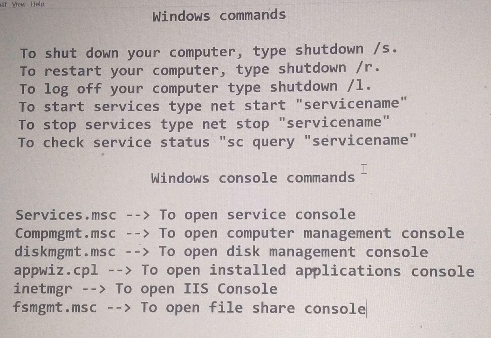Under this console there are lots of consoles available, for example Local Users and Groups, Services, Disk Management, and other Windows features. From the Computer Management console we can see all of these kinds of management.